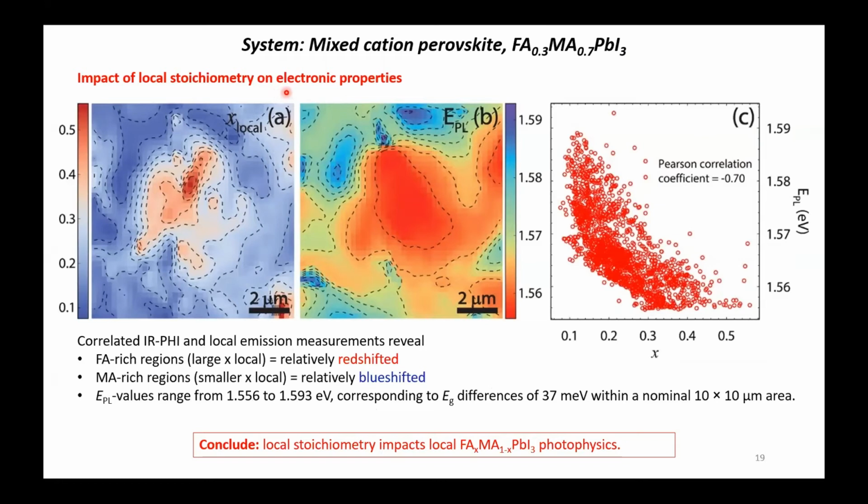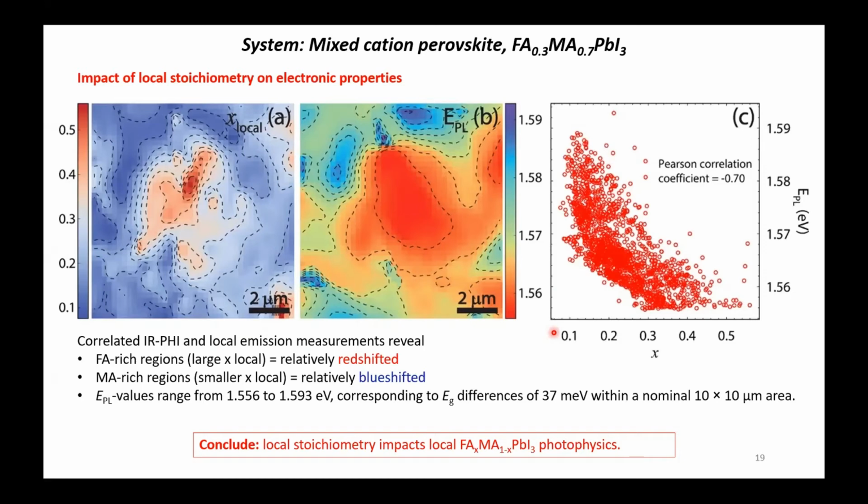Again, by creating this local chemical composition map of the system, and by recording photoluminescence from the same spatial location, we can now compare how the chemical stoichiometry translates into